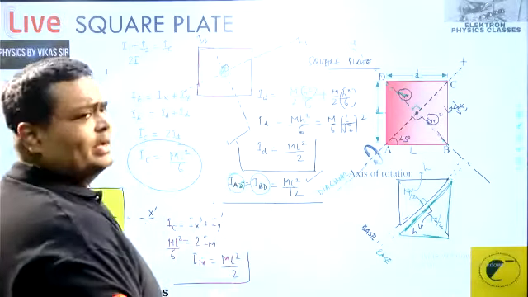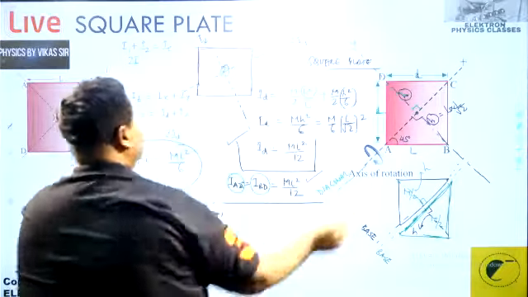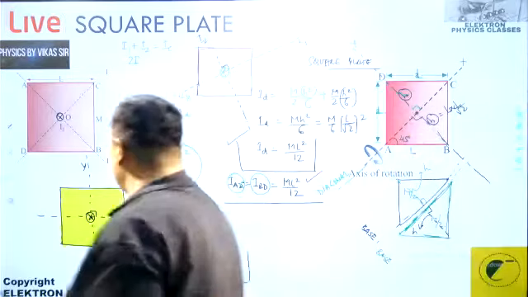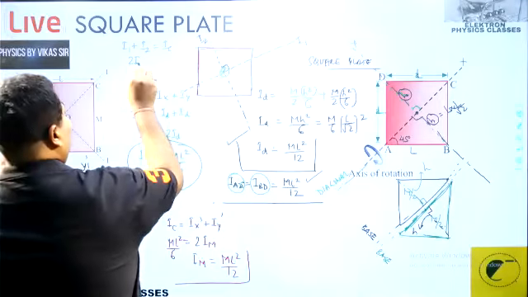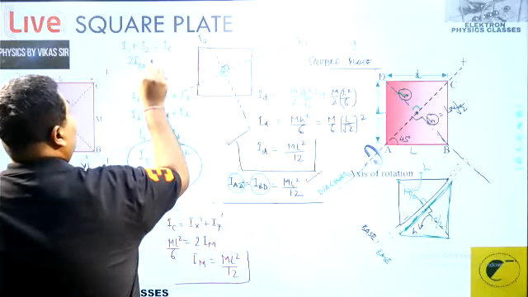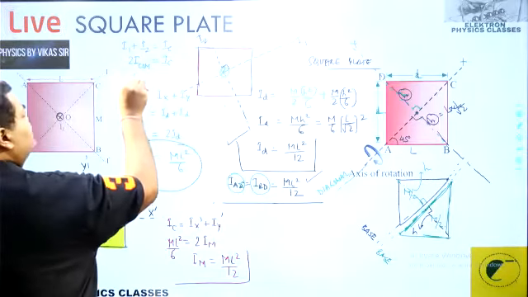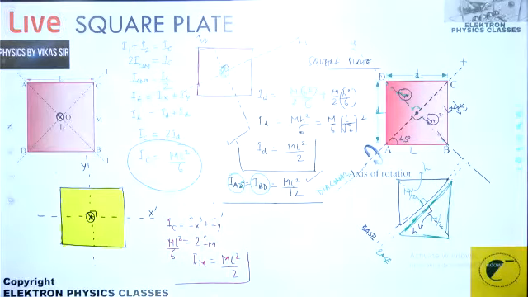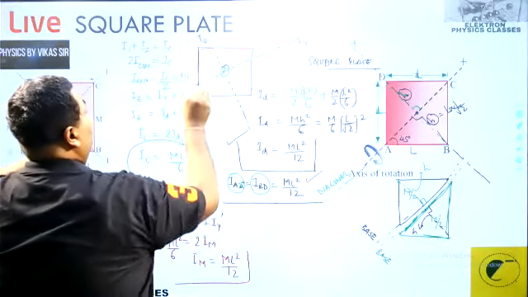Now that I axis is any axis passing through the center of mass. I1 is passing through the center of mass. I2 is passing through the center of mass. The diagonal passes through the center of mass. This one passes through COM, this one, this one. That's the center. So any axis which passes through that center, the COM over there, has the moment of inertia equal to IC upon 2, where IC is the centroidal axis value. And IC is once again ml square by 6. So that's once again ml square by 12.